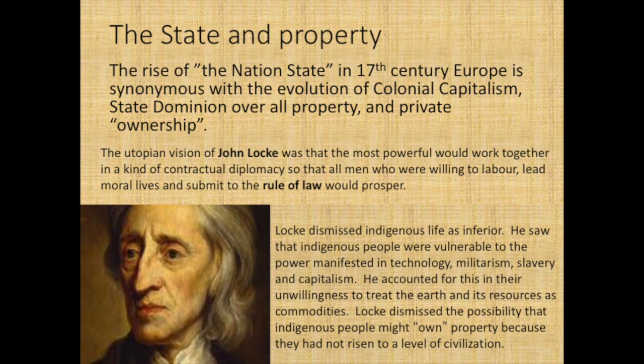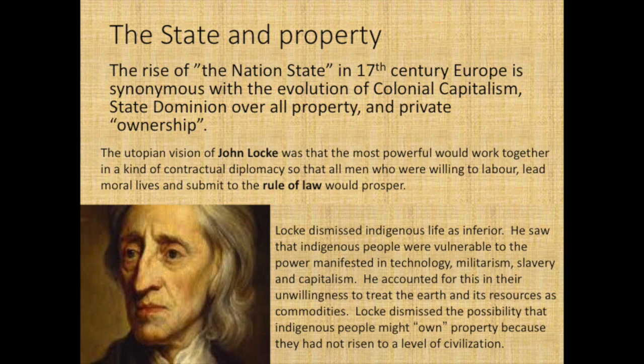Those who were indigent, who couldn't work or were unable to work or unwilling to work, were not deserving. And they also needed to live moral lives because he based his ideas upon a moral code that was very much part of the religion of the time. And taking the religion and turning it into a civil code was a way of ensuring that there was a mutual recognition of each other who were able to labor and lead moral lives, and also submit to the rule